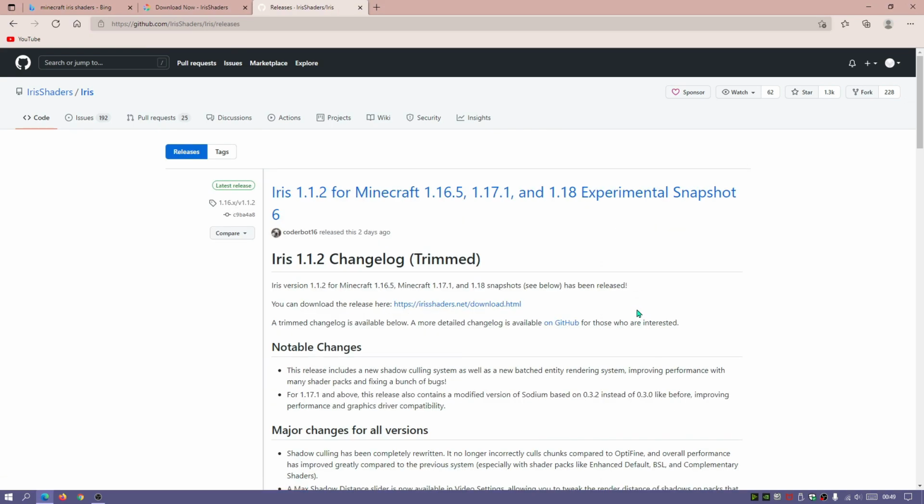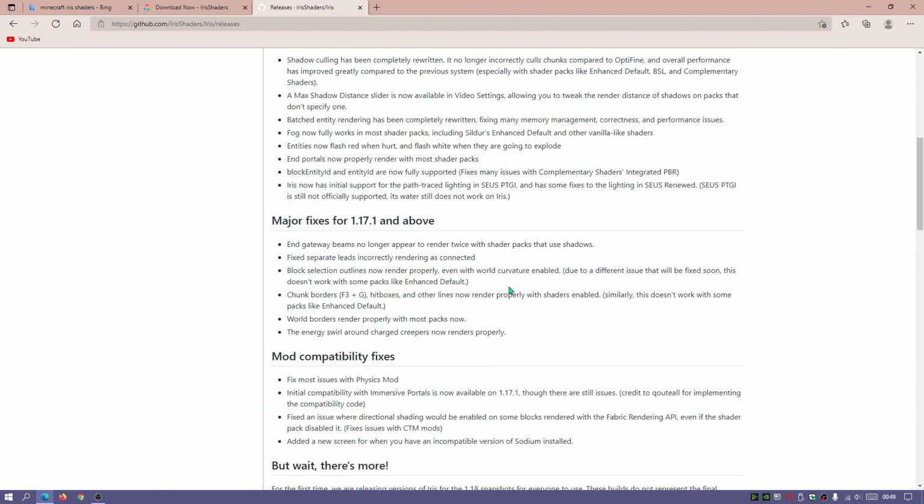So depending on what time you are viewing this, there might be more releases that you are seeing, but hopefully you should see a screen that looks like this, and it should say latest release on there. So if we just scroll down,